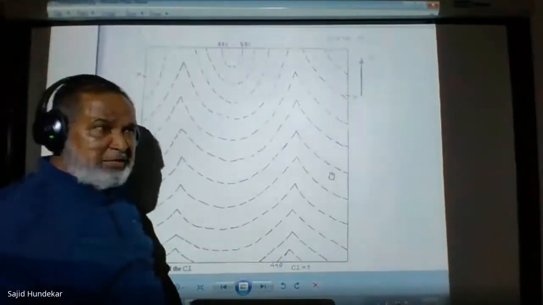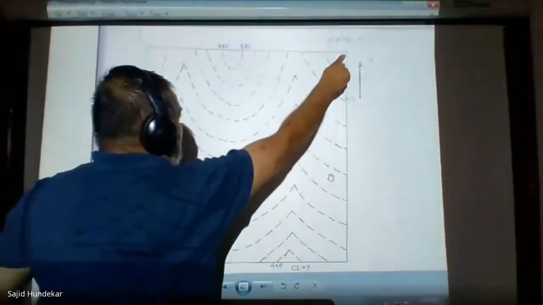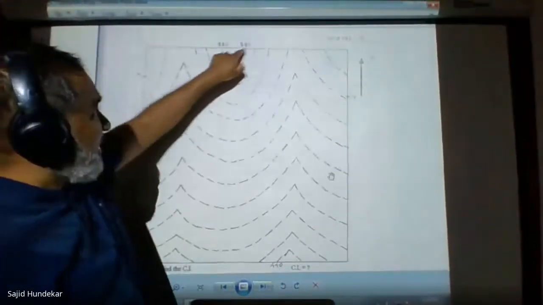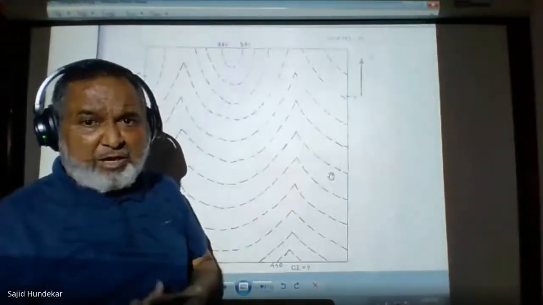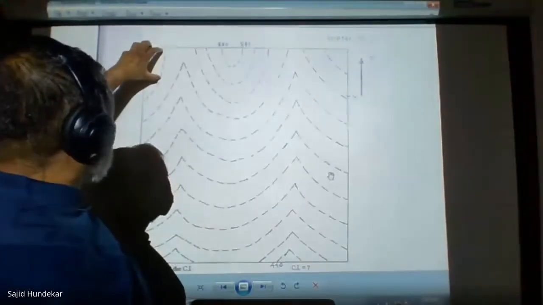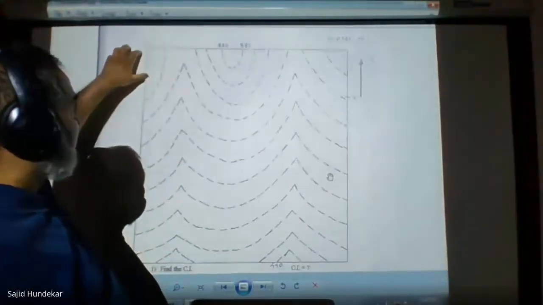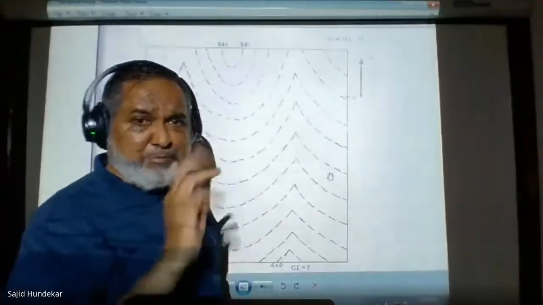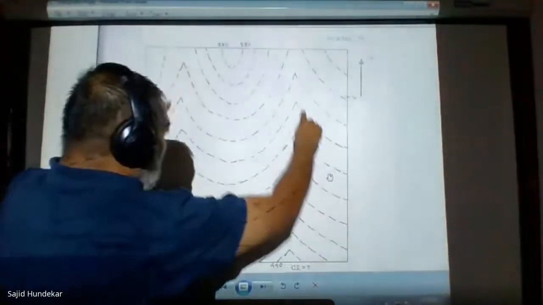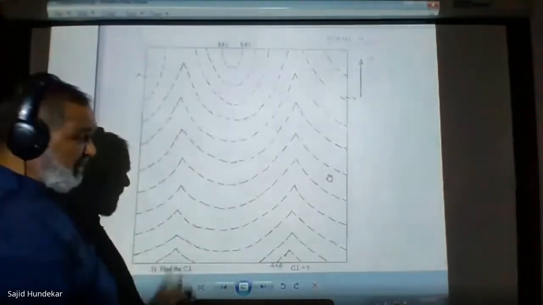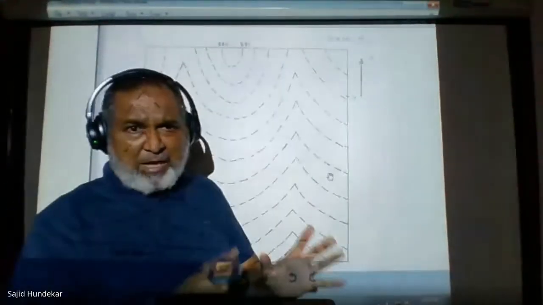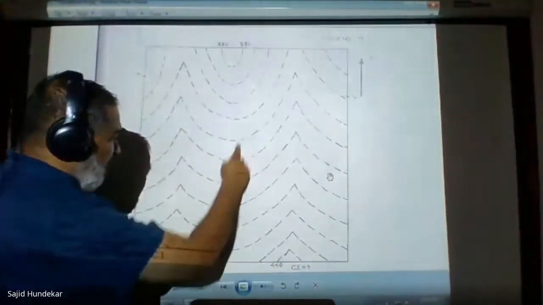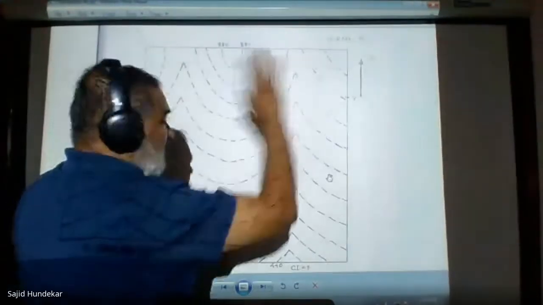The next point: towards a common point, the contour values increase, and this is called a portion of high ground. So here, this is one towards the northwest, towards the north, and towards the northeast. So there are three portions of high ground. Then there are two valleys and one spur. So the given map represents mixed topography. It shows two valleys, one spur, and three portions of high ground.